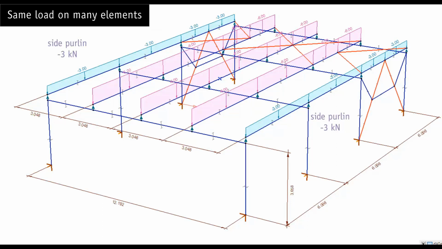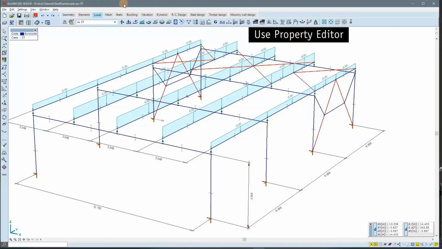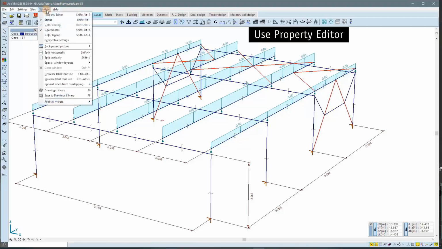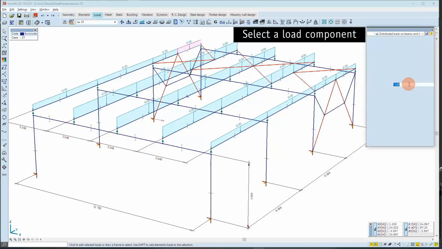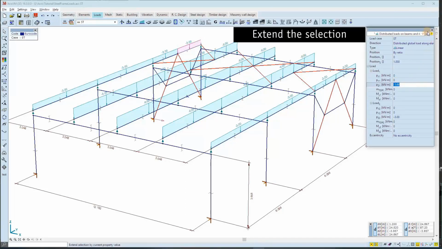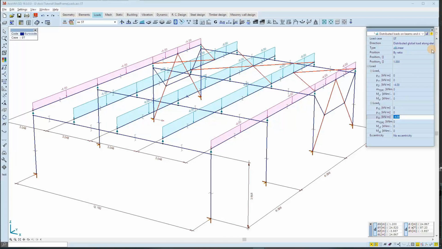This part shows how to change multiple loads with the same intensity in one step. That's the question. We have same loads on certain elements and we want to change the value on all elements with -3. So we select the component, extend the selection to the same value and change -4 to -4. That's it